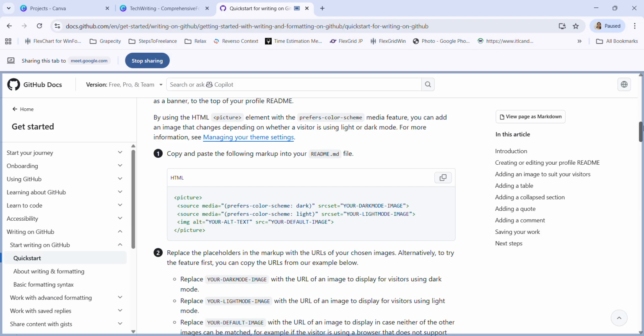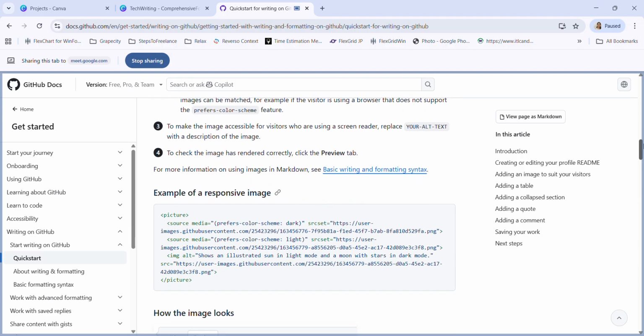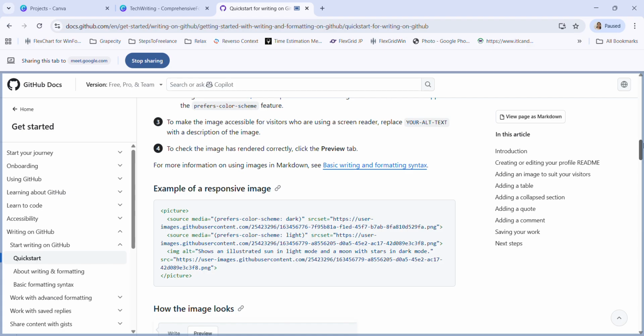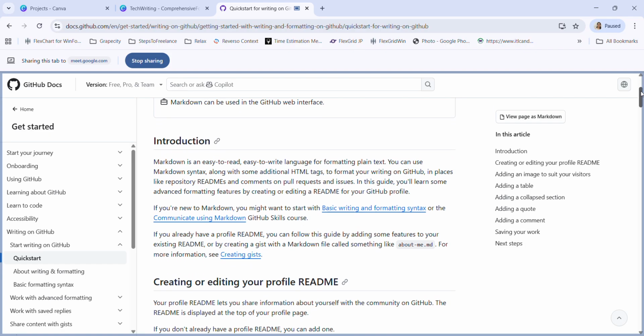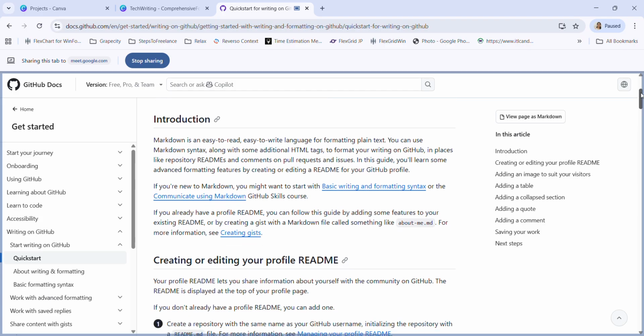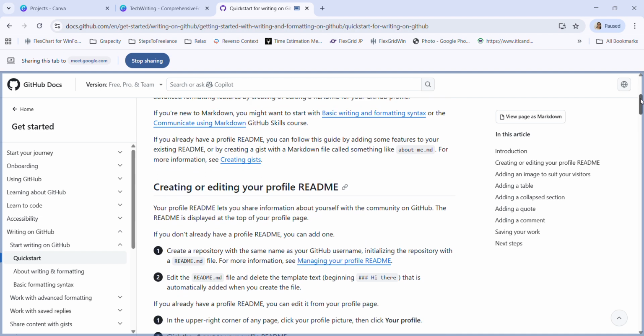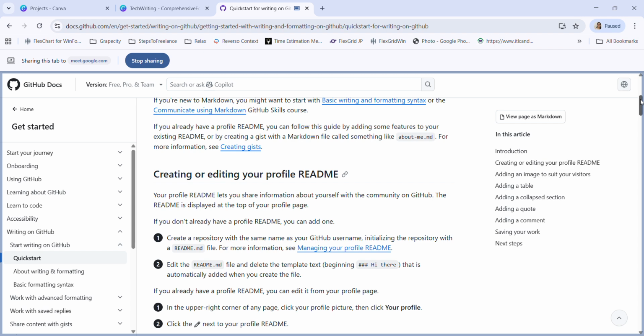Create a repository with the same name as your GitHub username and initializing the repository with a readme.md file. Yeah, so that is what they are highlighting in most of these. So where is standardization? I didn't get your point.